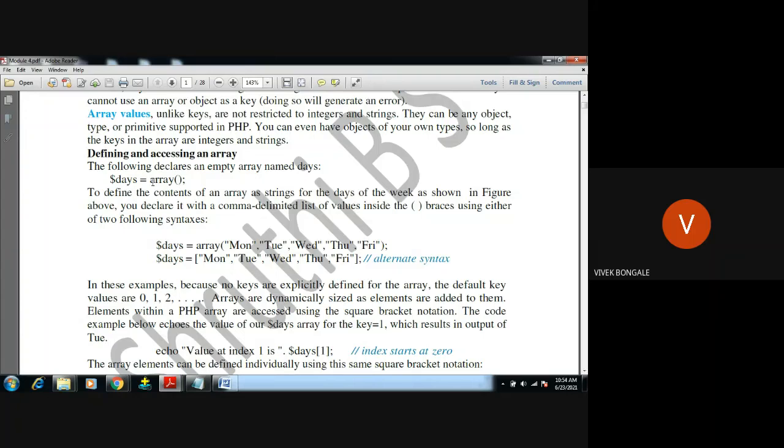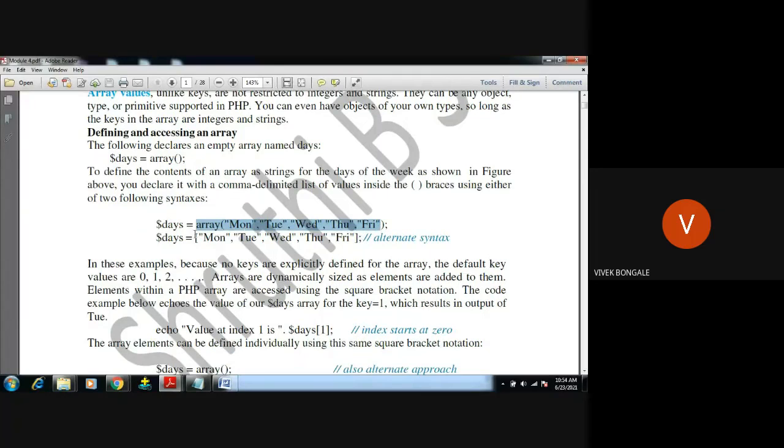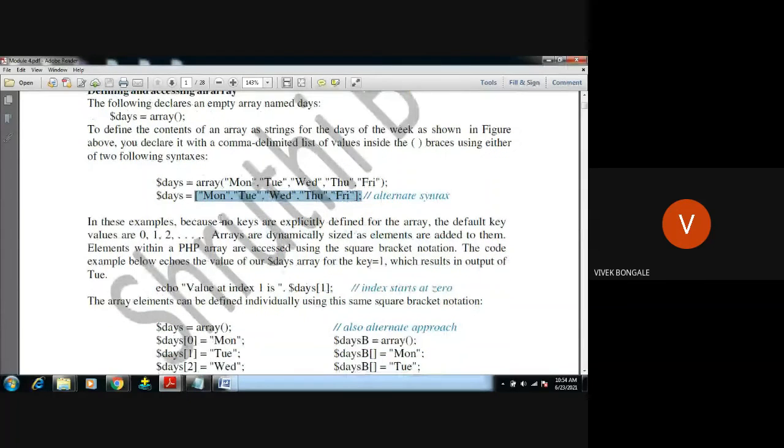In two ways we can define an array: $days equals array, this is the formal method. The alternate method is without using the keyword array. In this example, no keys are explicitly defined, so by default they start from 0 up to n-1.